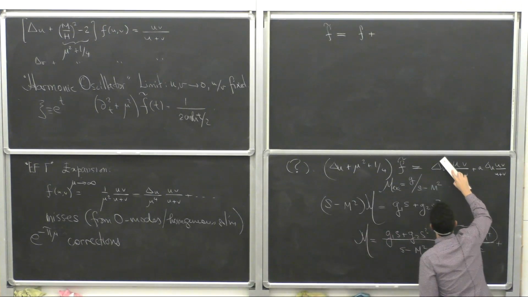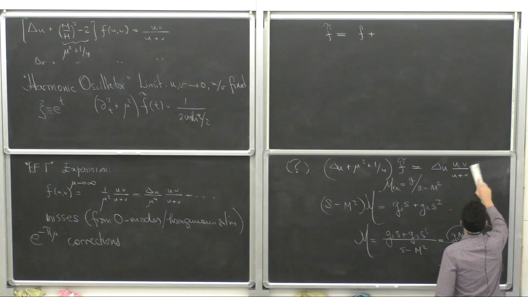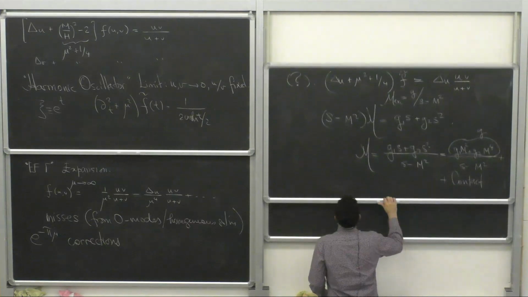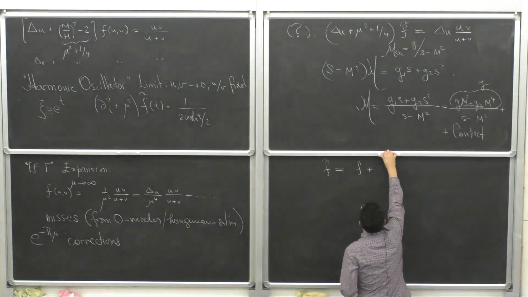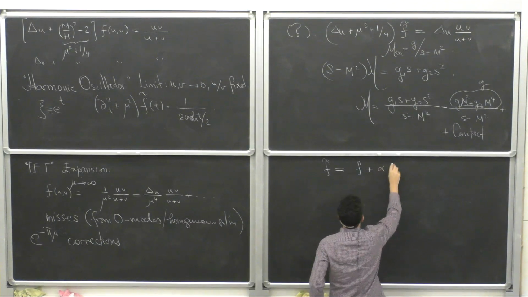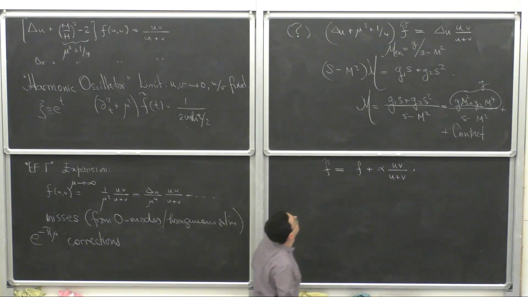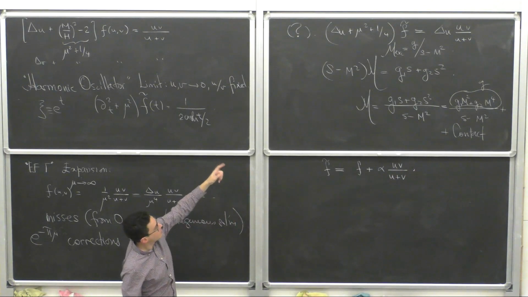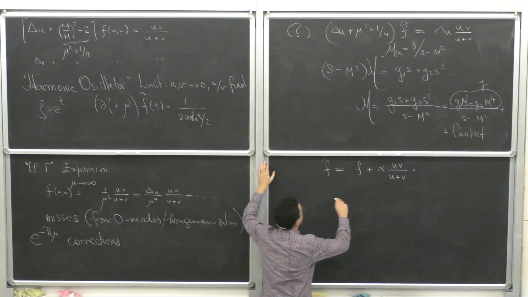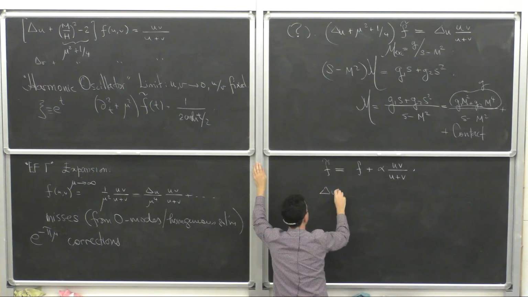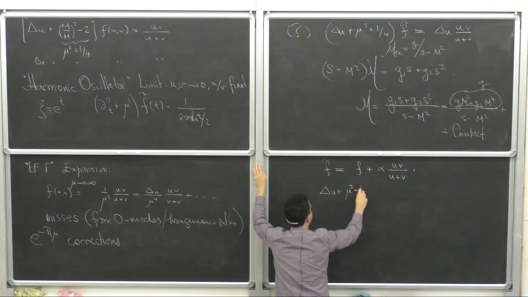Let me just keep this first power and erase this, okay? F plus alpha uv over u plus v. Plug it on the left and on the right. What do you, sorry, on the left, what do you get? Delta u plus mu squared plus a quarter